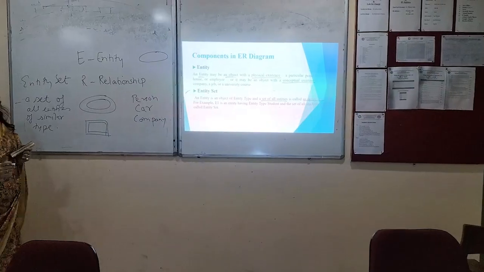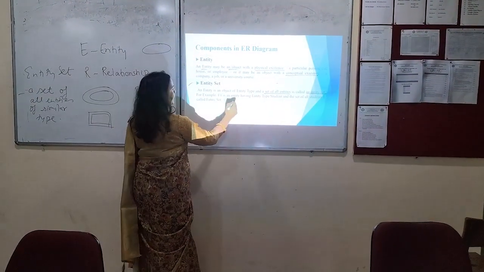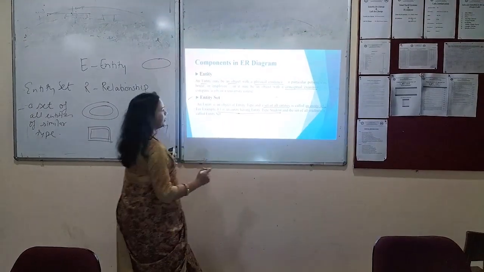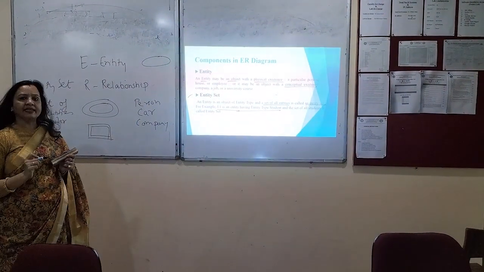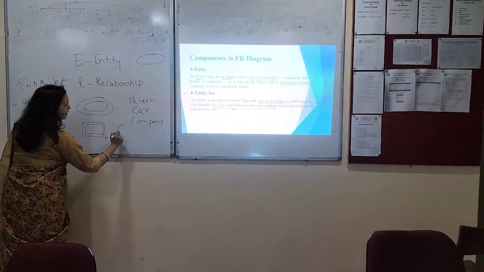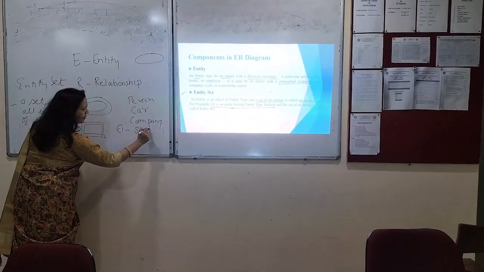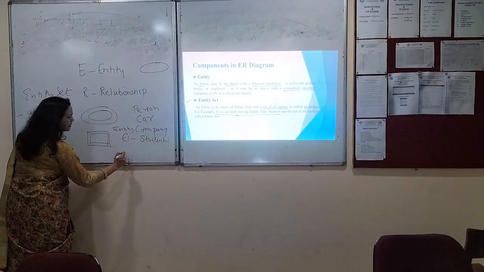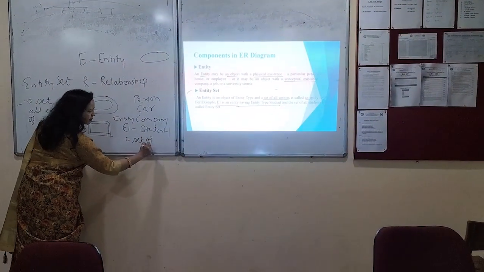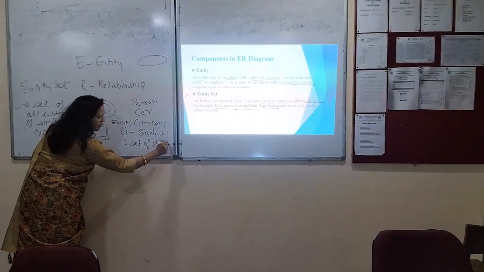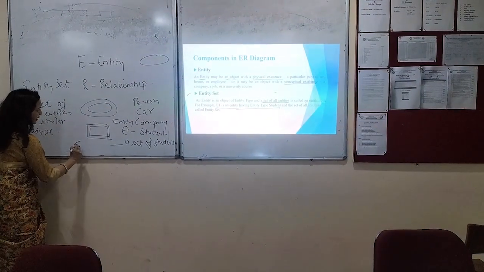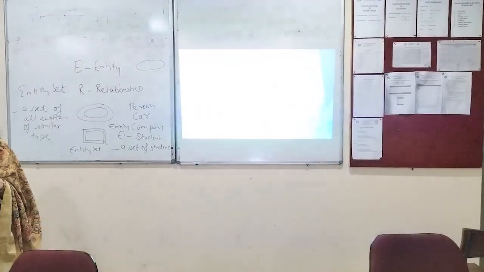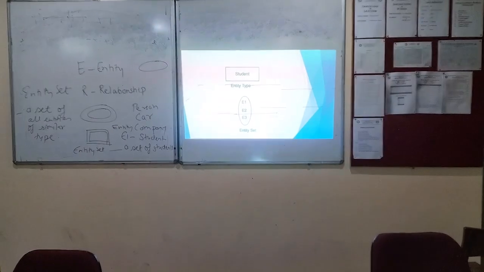For example, if we have an entity, E1 is an entity type student, then the set of all students is the entity set. E1 is our entity, that is a student, right? So this is your entity, and if we say a set of students, that becomes an entity set, right? So moving further,